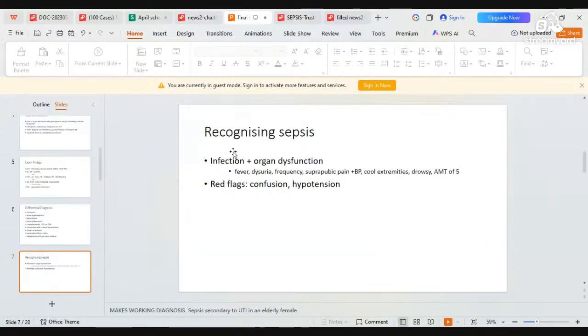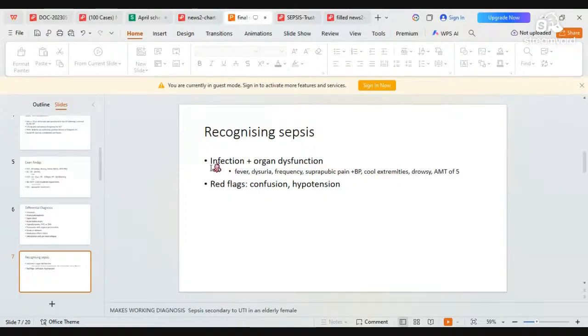Now, going forward, recognizing sepsis. I did say that urosepsis was top on my list for this index patient. The reason I have made urosepsis my working diagnosis, or my most likely diagnosis, is because this patient has